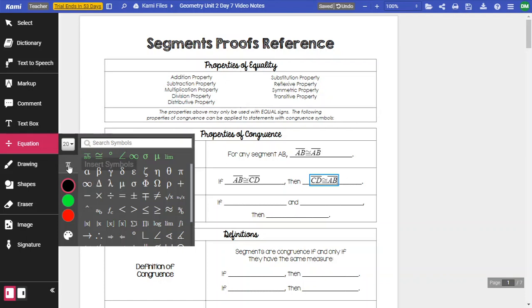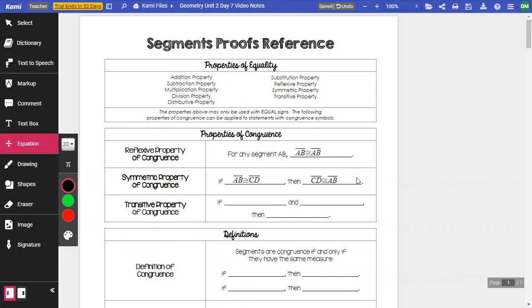So that should make sense. It's just like the equal sign. If we're congruent one way, then we're also congruent the other way. The congruent sign is very similar to the equal sign. And then finally we have the transitive property of congruence, which also works exactly like it did with the transitive